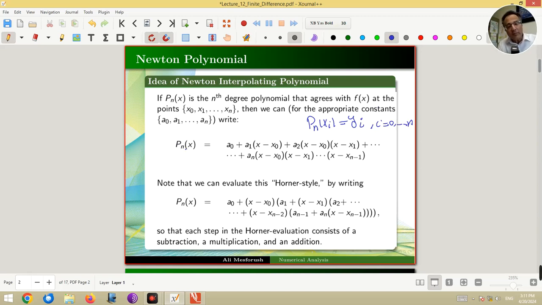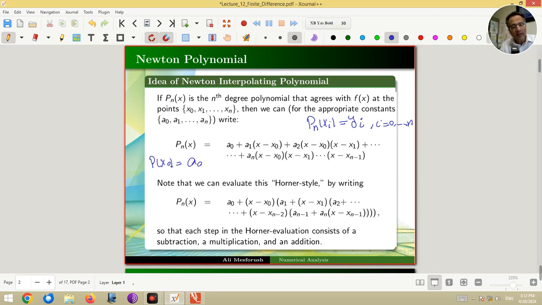So we can write Pn of x as a0 plus a1 times x minus x0 plus a2 times x minus x0 times x minus x1, and we continue in the same way until we arrive at the final term, an times x minus x0 times x minus x1 up to x minus xn minus 1. You can see that in this polynomial, if you put, for example, x0 here, all of these terms will be 0,